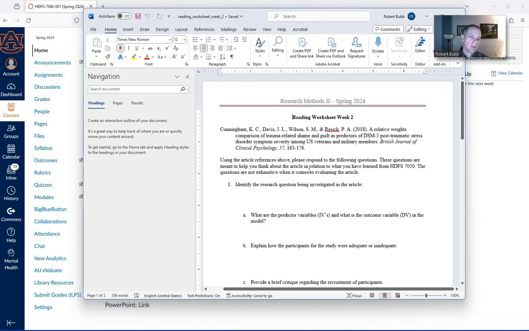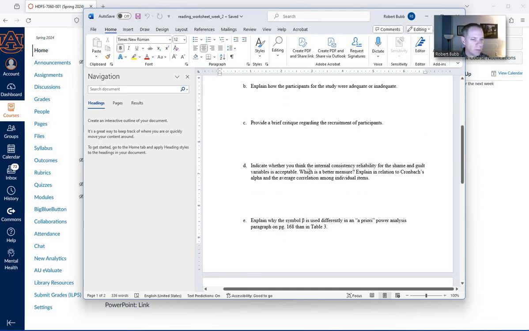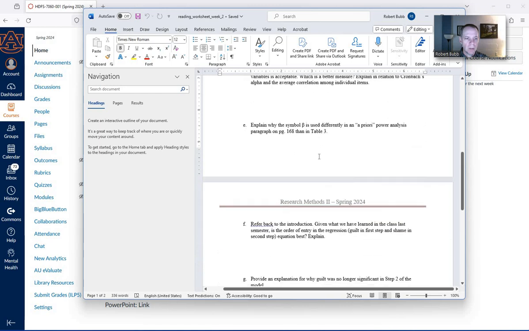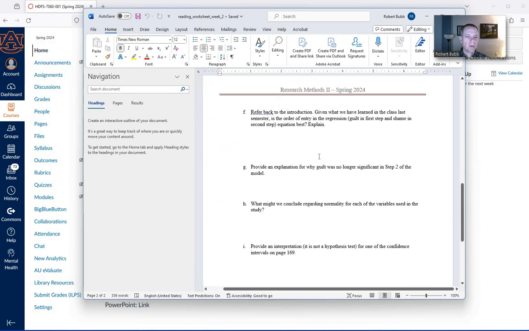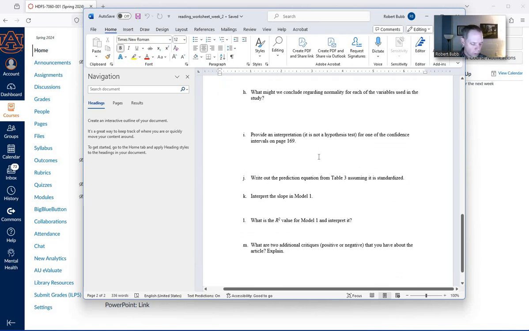You'll notice that these questions are essentially a review of 7050. So you're going to read the article, and then think back to what you learned in 7050, right? And then answer the question. Everything here is related to something you learned in that class last semester. And again, it's another good way to get caught up and get your mind thinking about regression again. So I definitely recommend looking back at your notes. If you have any particular questions, you can ask as well as you're working on